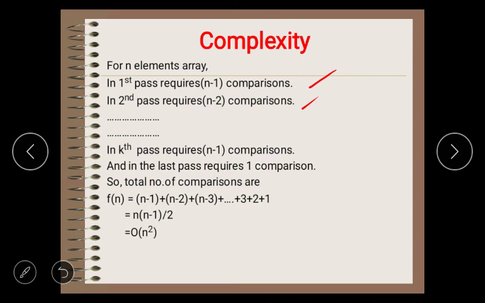In the last pass it requires only one comparison, which we have already seen in the example. So the total number of comparisons is n minus 1 plus n minus 2 plus n minus 3 plus and so on plus 3 plus 2 plus 1, that is equal to n of n minus 1 by 2. At last we got the complexity as order of n square.